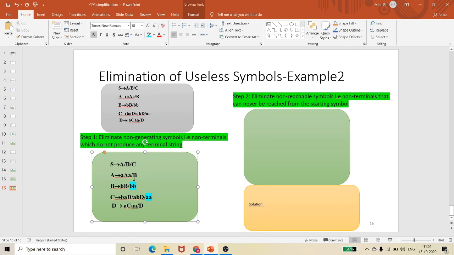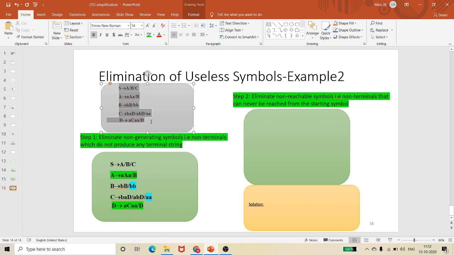Likewise, these two, that is the A grammar and this D grammar, even though they are not generative on their own, are generative by their other productions. It is generative if I substitute the value of B over here. This will become generative if I substitute the value of C over here. So we can't eliminate those symbols. And S, even though it is not generative on its own, A is generative, B is generative and C is generative, so obviously S is also generative. So no elimination is required.